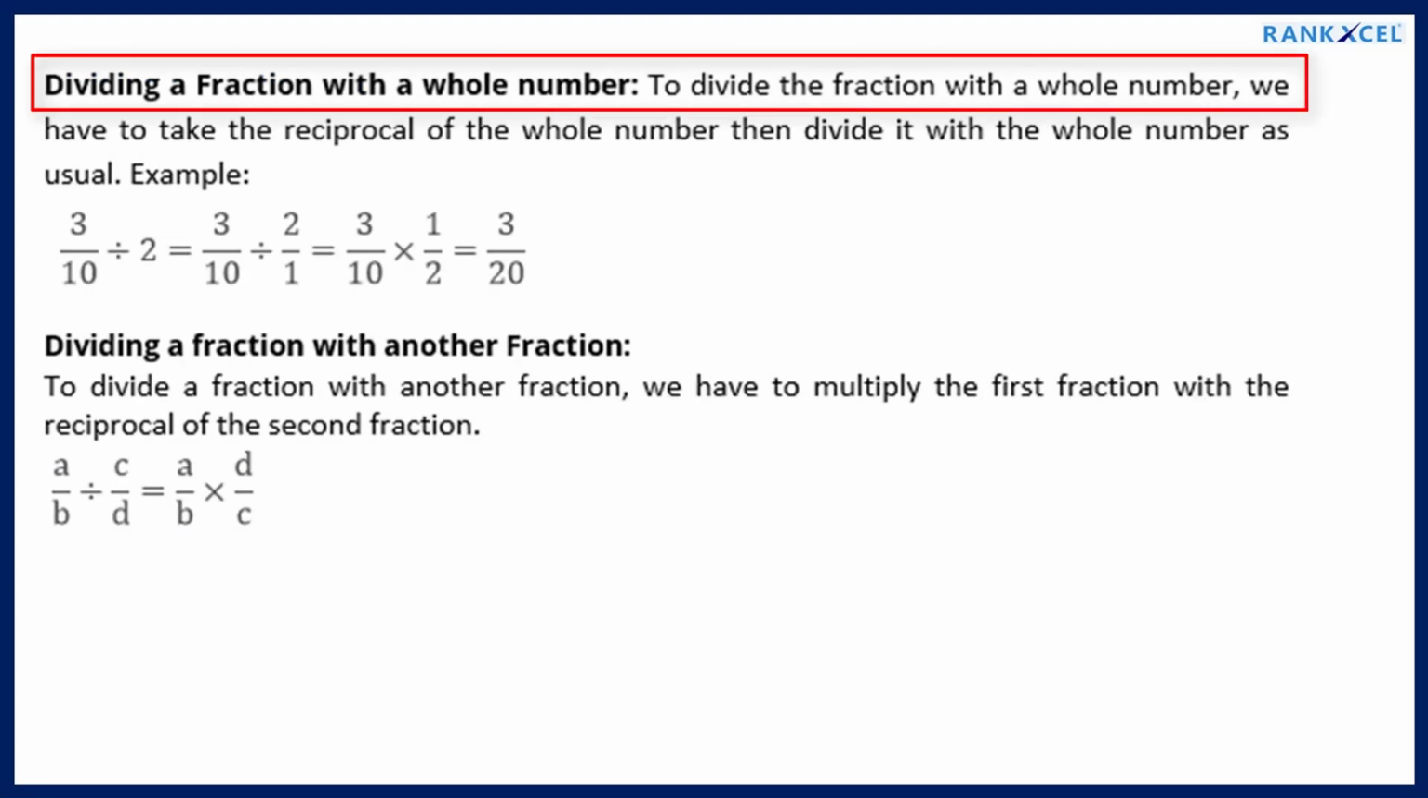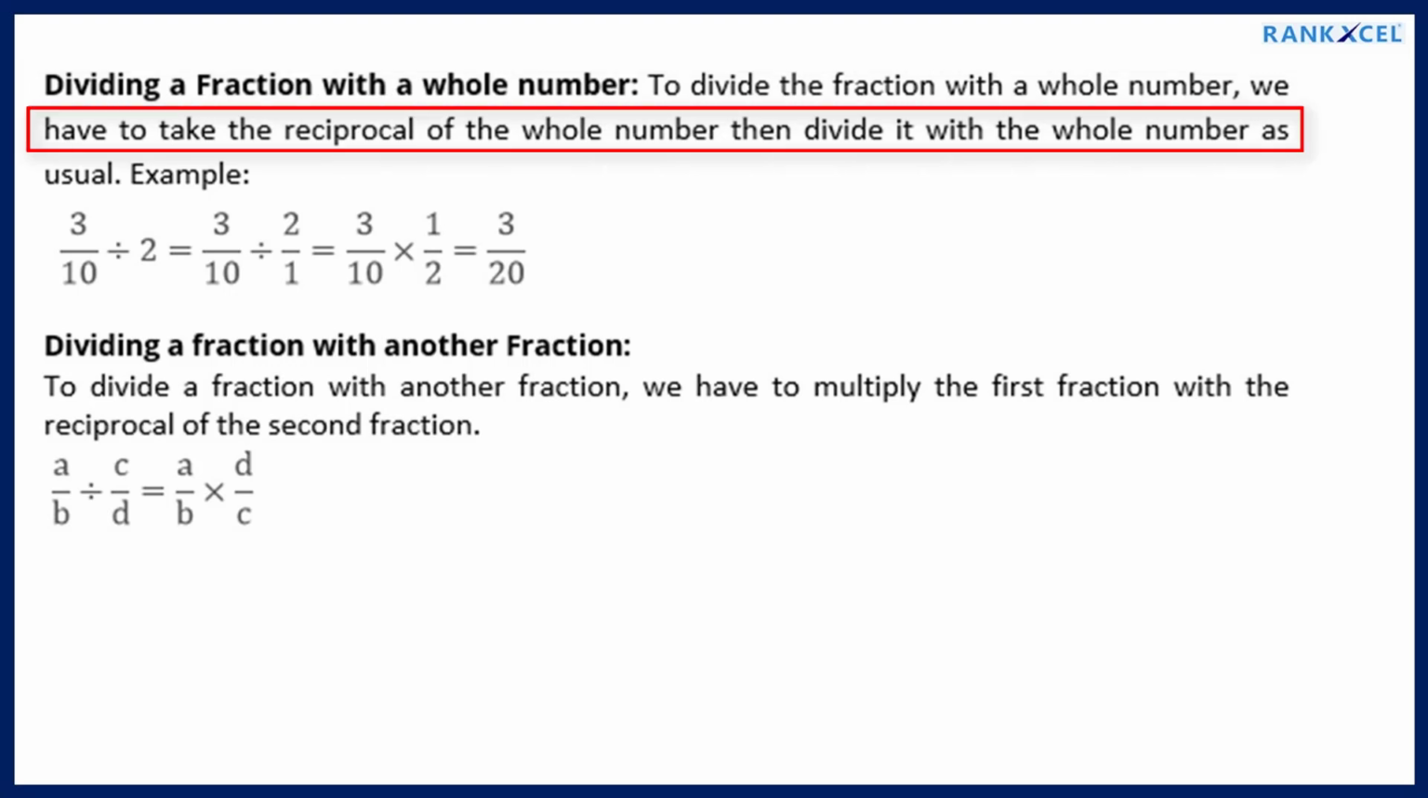Dividing a fraction with a whole number. To divide a fraction by a whole number, we have to take the reciprocal of the whole number, then multiply it as usual. Example: